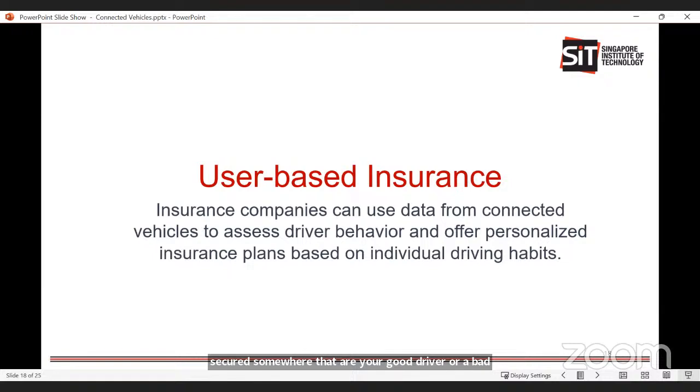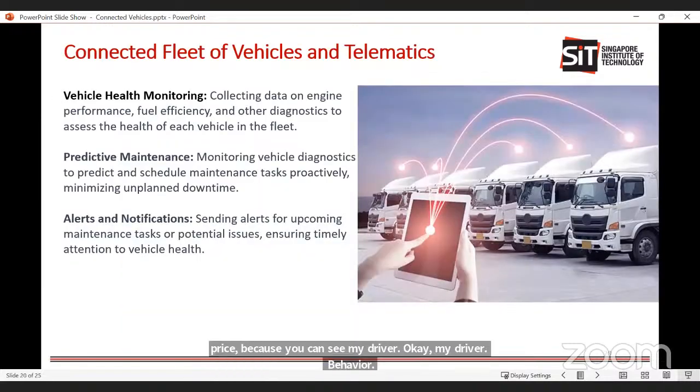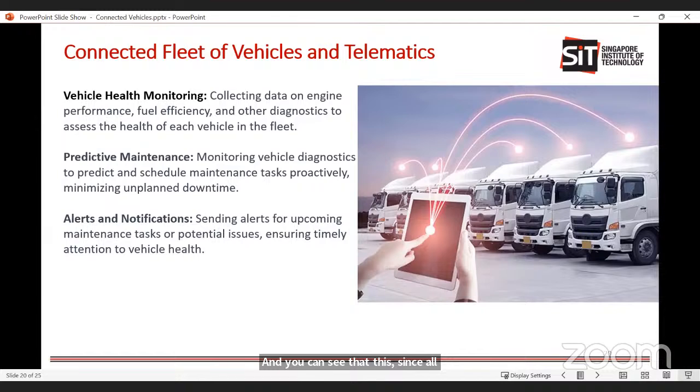If your data is quite good, then with the insurance company you can negotiate that I will take insurance from you, provided you give me a lower price, because you can see my driver record, my driver behavior. And since all the information is available through the sensors, you can monitor the health